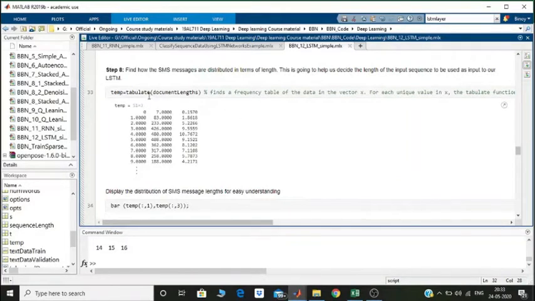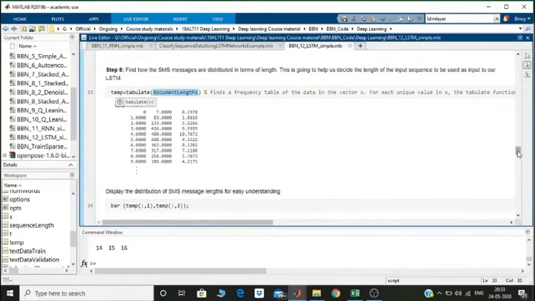All right, for that what I'm doing is I'm doing something called tabulation. So the function tabulate in MATLAB gives me an option to find out what is the distribution of the data in the input vector. So I have an input vector called document lengths.